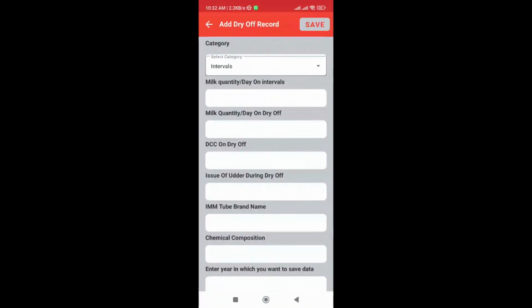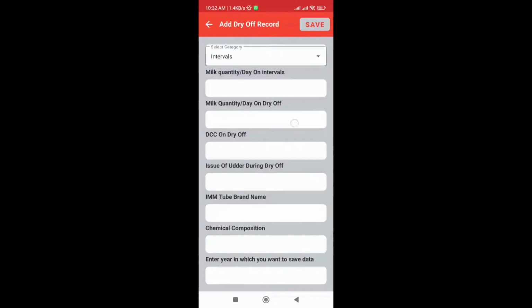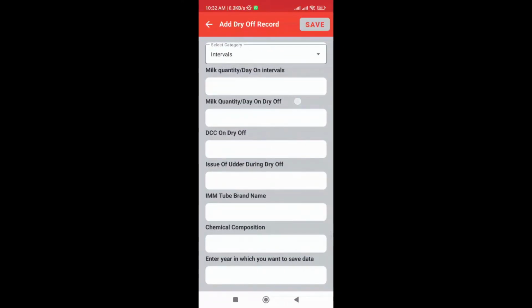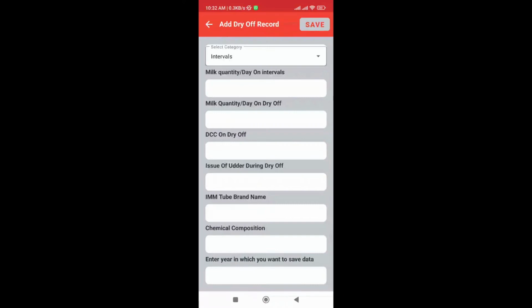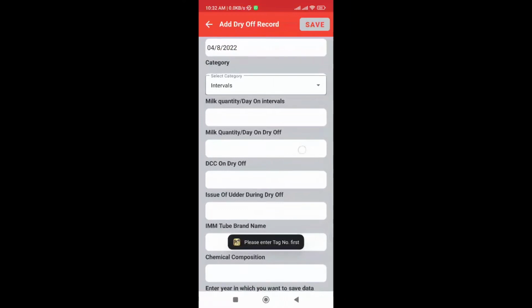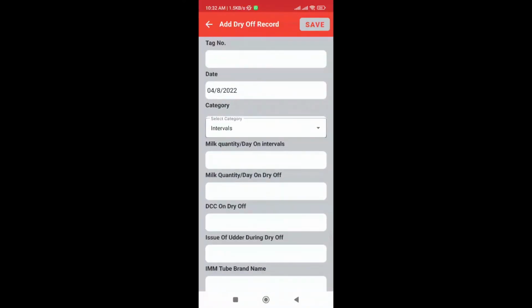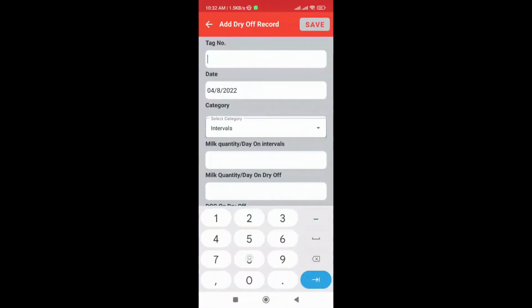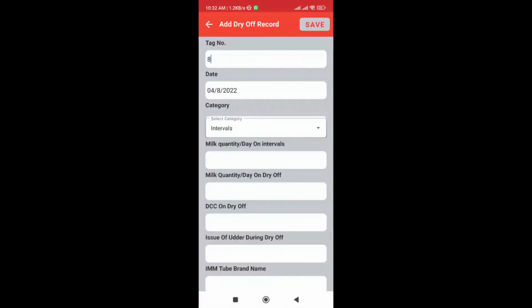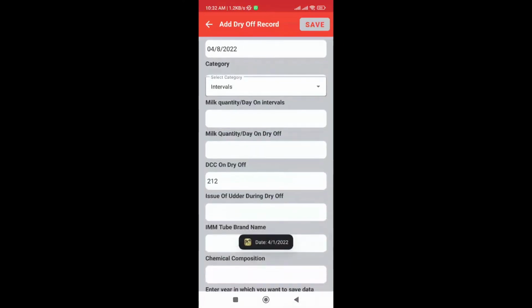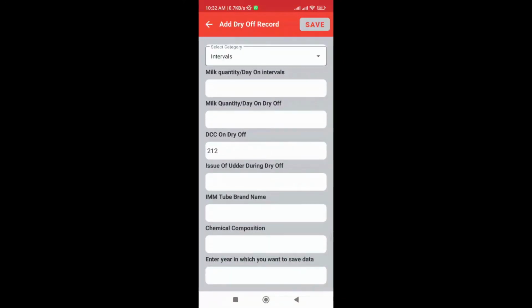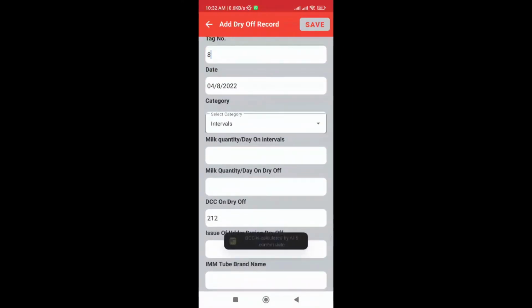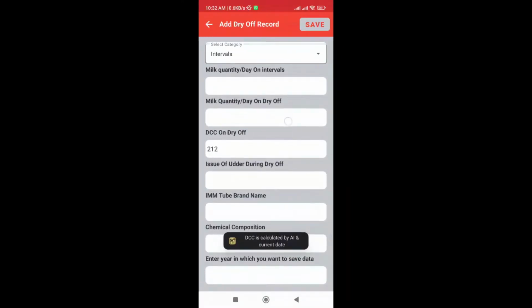We will write the milk quantity on intervals, and then milk quantity on dry off day, and here it will automatically fetch the days carrying calf of that tag number. Either I write the tag number here, 8, and it will calculate the days carrying calf from the breeding data automatically. There is no need to write the days carrying calf here manually, because it is fetching the days carrying calf of that animal from the breeding